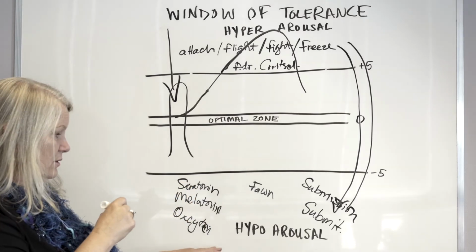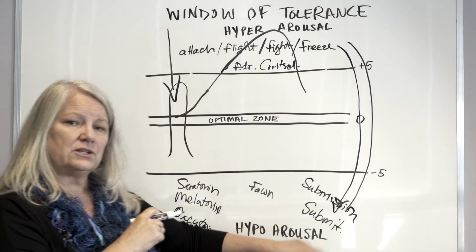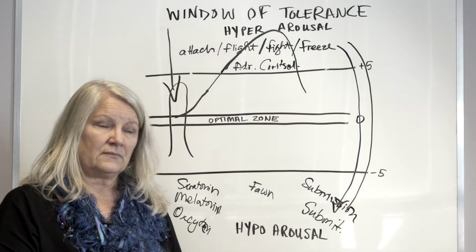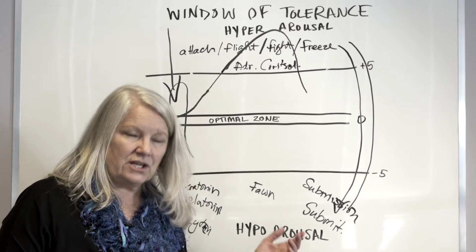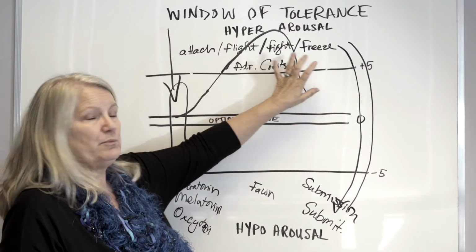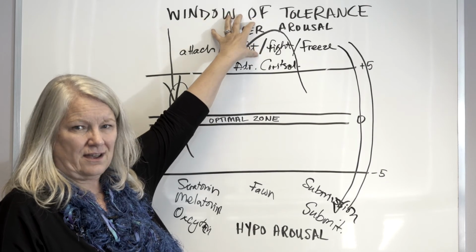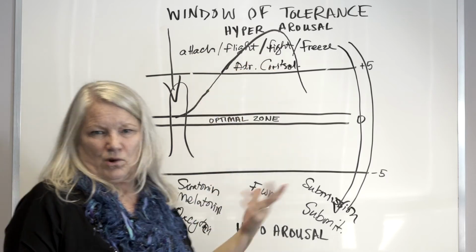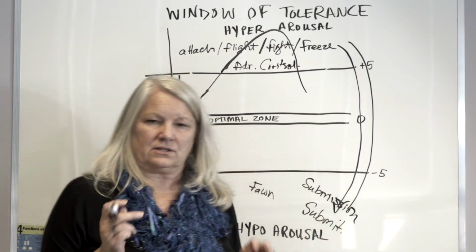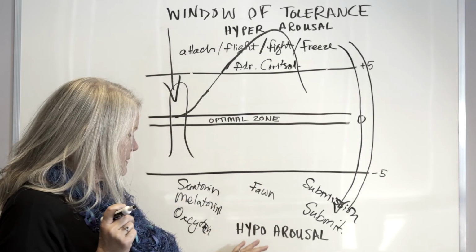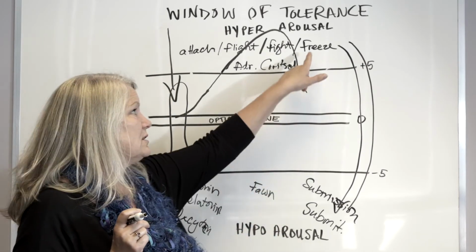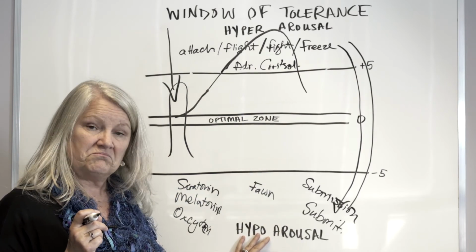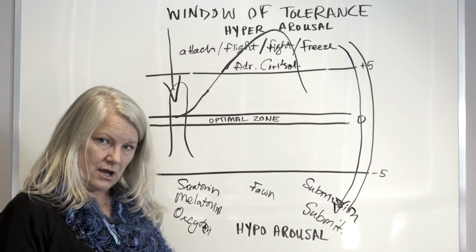And if you're in hypoarousal, now hypoarousal kind of looks like depression, apathy, resignation. You know, it's kind of easy to see people who are up in this area, right? You can tell when someone's pretty mad, they're in a fight response. You can tell when someone's in a flight response, they just want to get out. Like, let's go. I don't want to be here, right? There's an energy of I want to go. When somebody's in hypoarousal, sometimes it can look like a freeze response, but it's actually a resignation. They're just done with you. Everything is shut down, okay?